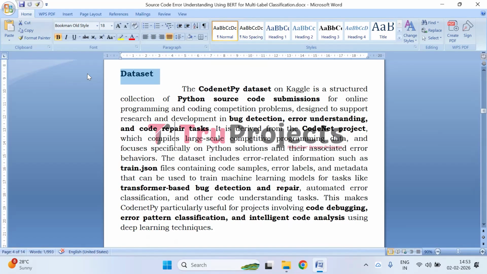The dataset includes structured files like train.json, which contains individual code samples, their corresponding error labels, and metadata. This organization allows researchers and developers to train machine learning models for tasks such as error classification, transformer-based bug detection, automated code repair, and understanding error patterns in programming. CodeNet Py is particularly valuable for projects aiming to enhance intelligent code analysis and improve debugging techniques using deep learning